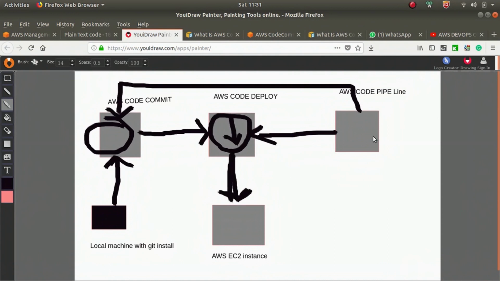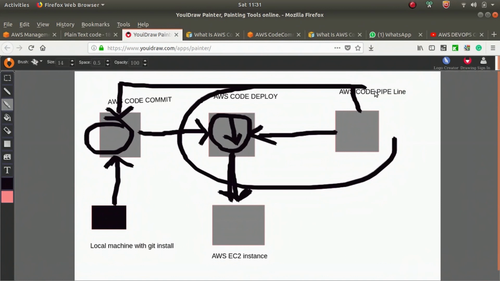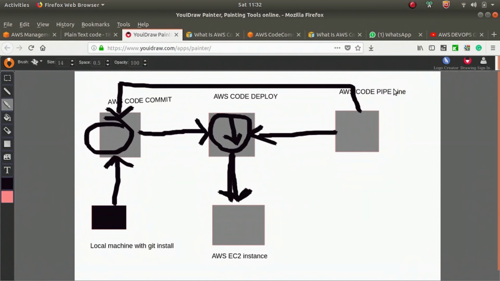That is the working of this. Do you understand the working, right? If something has changed here, it is automatically mirrored in the EC2 instance using the code pipeline technique and AWS code deploy technique. Together they work here, AWS code deploy and AWS code pipeline.